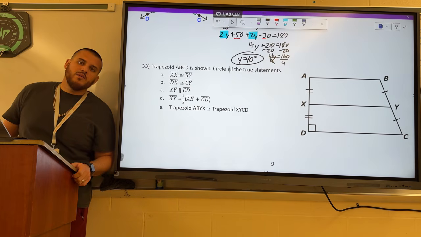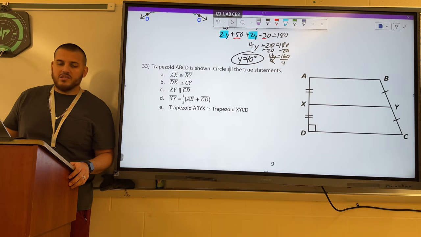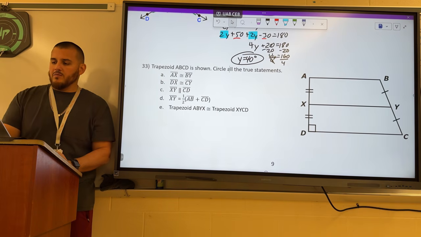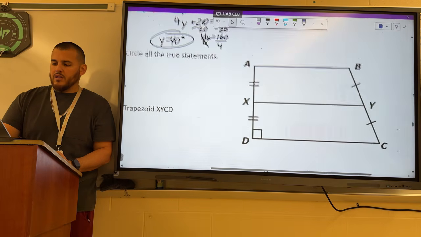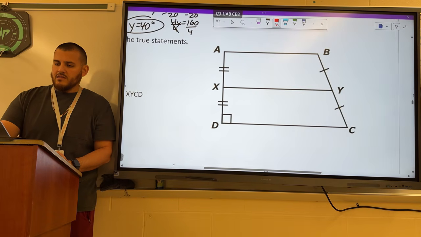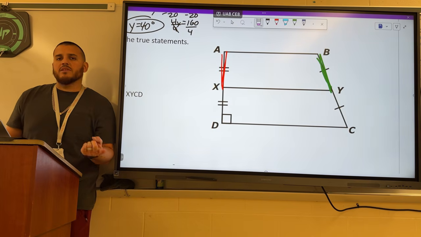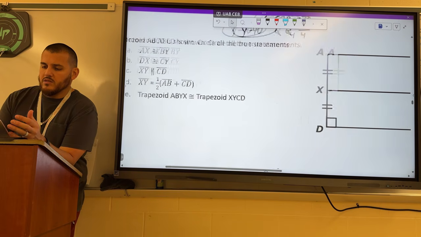Our next example is a review of some trapezoid properties. We have a select all that apply for true statements. You might have a hard time seeing these options here, so I'm just going to zoom in and out so I can see the figure. Option A says AX is congruent to BY. Here's AX, here's BY. They have dashes on them, but not the same amount of dashes. Congruent things have to have the same amount of marks on them to be congruent to each other,